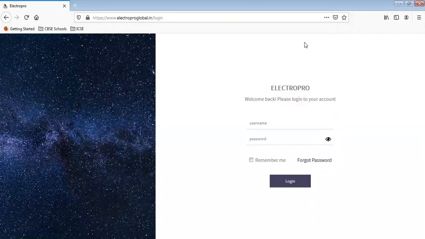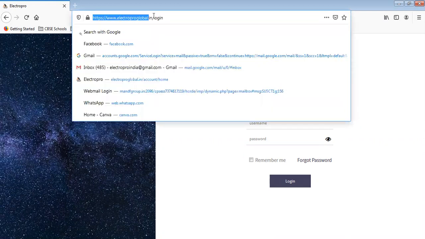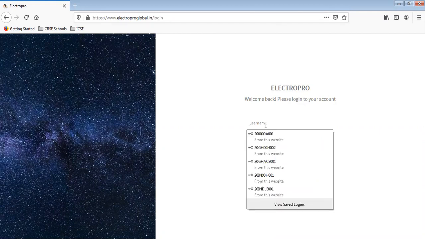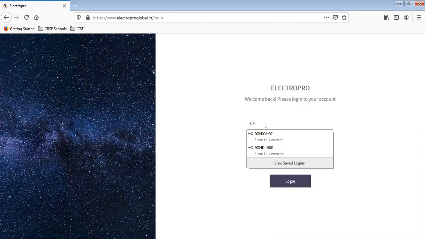When you click on the link which is given to you, electroproglobal.in, the login page will open, where you need to type your ID. It starts like 20IN DLS 002 or whatever it is.